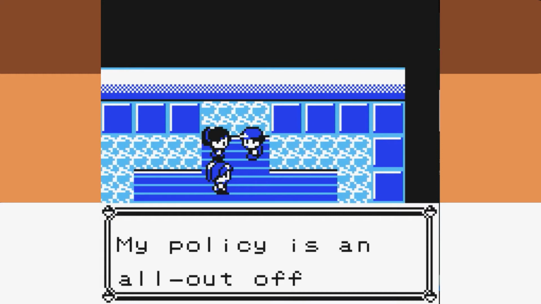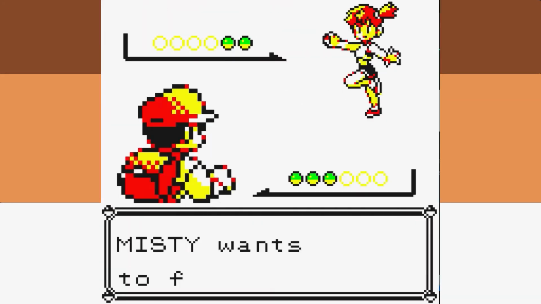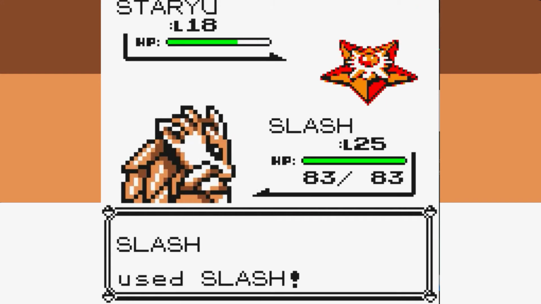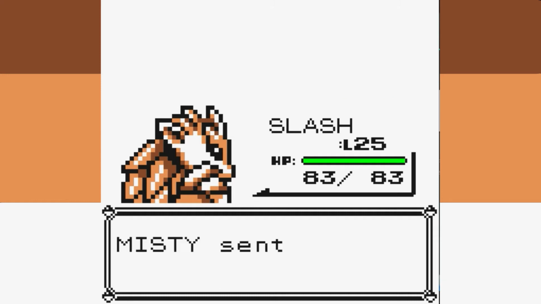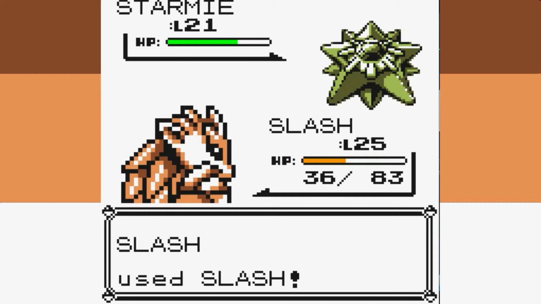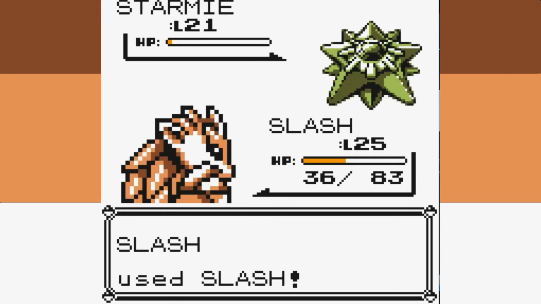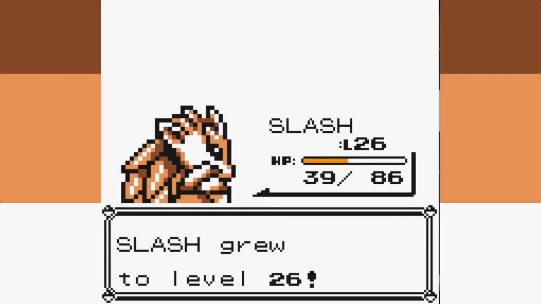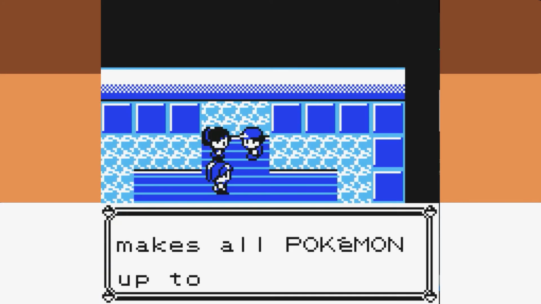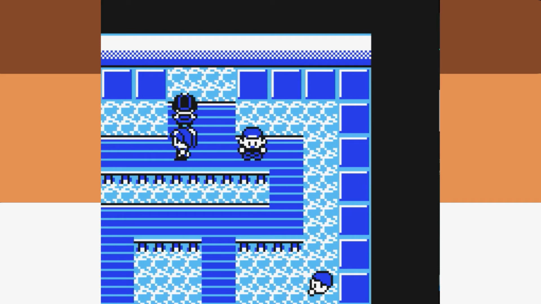As we go into our fight against Misty, she'll obviously start with Staryu. It turns out that Staryu is a one-shot with Slash, so that gets us on to Starmie, and she'll use Bubble Beam. Bubble Beam does a lot of damage, over half. I use Slash, it does over 3/4, so maybe if she uses Water Gun instead, or she could use an X-Defend. Really odd decision, but she does have a 1 in 3 chance to use X-Defend there. Strange, but either way, we'll take our second badge, and with that, we'll head on down to Vermilion